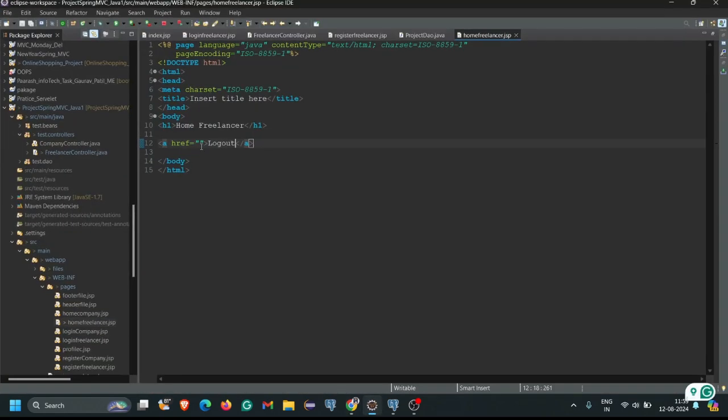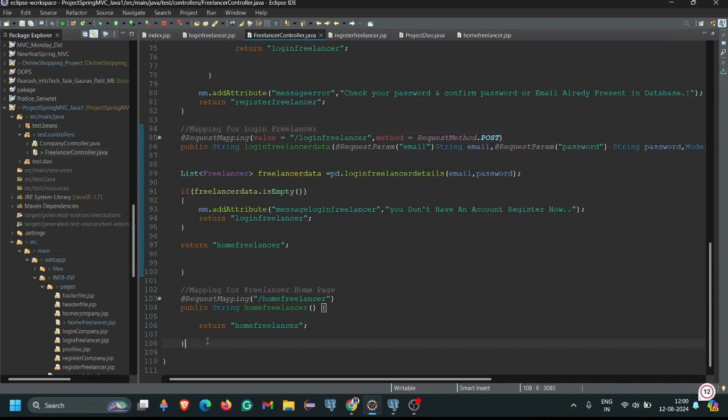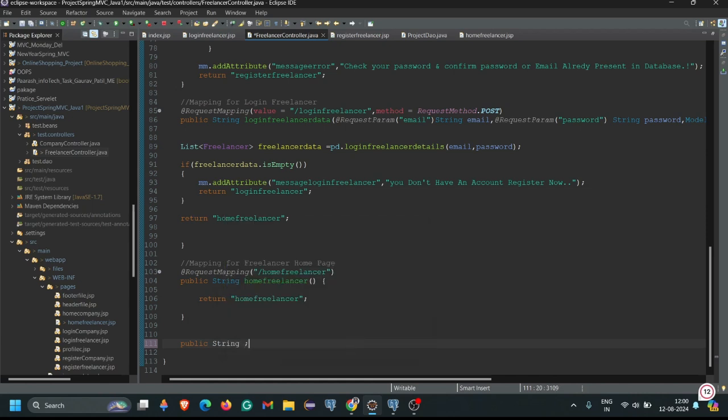After clicking on the logout button we will be redirected to my freelancer login page. So just write here logout freelancer, and we have to simply copy this entire thing and come to the freelancer controller. For executing the logout functionality we have to declare a method here. So for that we write public String logout freelancer,